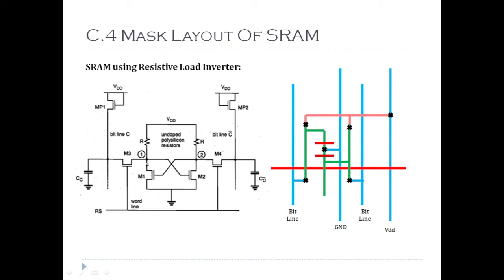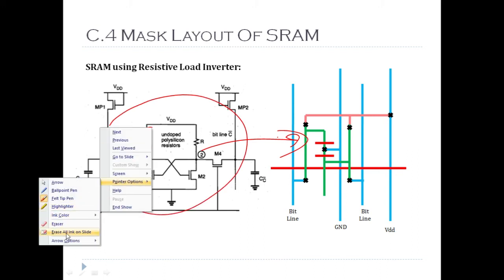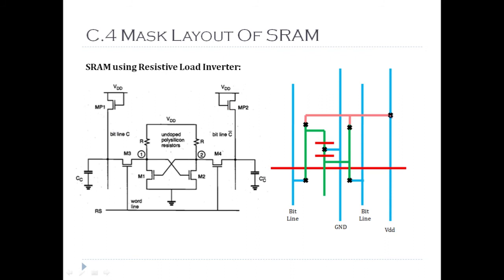The VDD and ground, you can see they are not horizontal, but vertical. It's okay, it doesn't make much difference even if it doesn't follow the convention. But it gives us a better association between this circuit and the layout if we draw like this, so drawing the stick diagram becomes easier. So what we'll do is we'll draw the bit line first. These are the column lines.